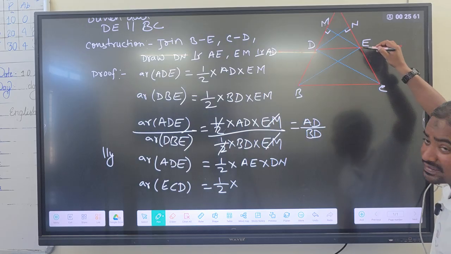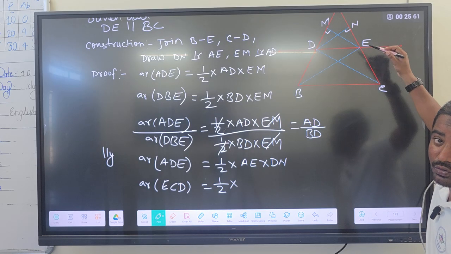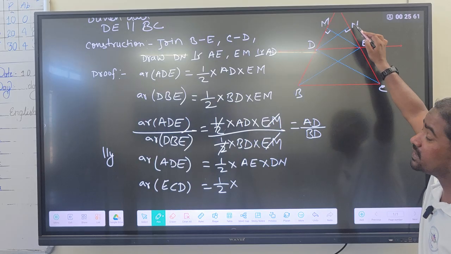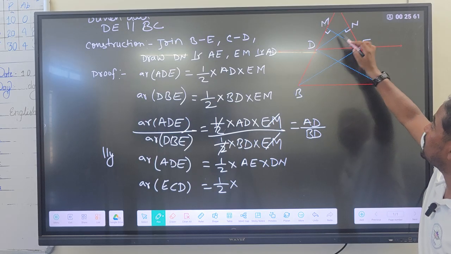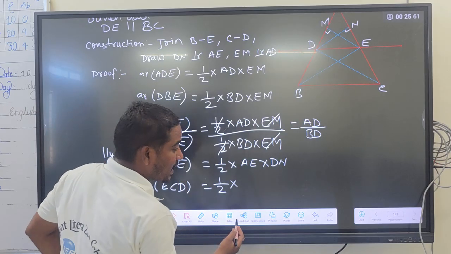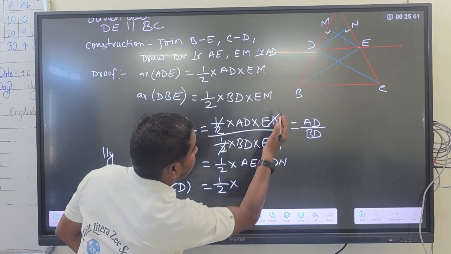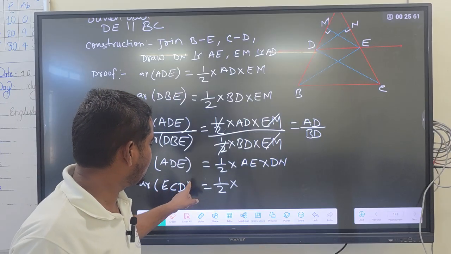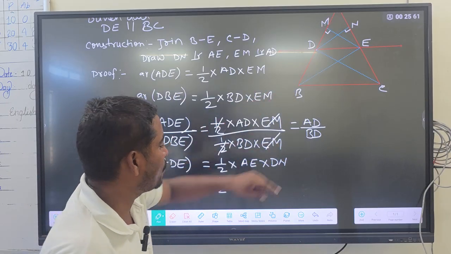Because this EC is considered as its base. So this EC is the base and its perpendicular will be outside the triangle. That will be DN. I have already explained this by drawing a separate figure. I hope you understand it. So directly I am going to calculate the area of triangle ECD as half into EC